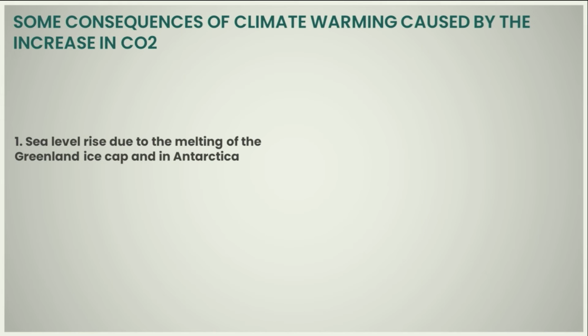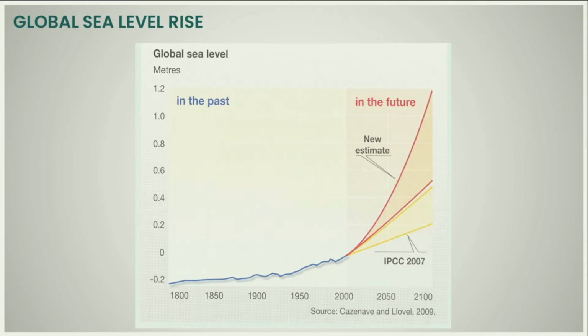So we start to look at what are the consequences to climate warming of this increase in CO2. The first, of course, is warming of the atmosphere. The next one is that this causes a sea level rise, which is very, very important for the planet. That is to say,